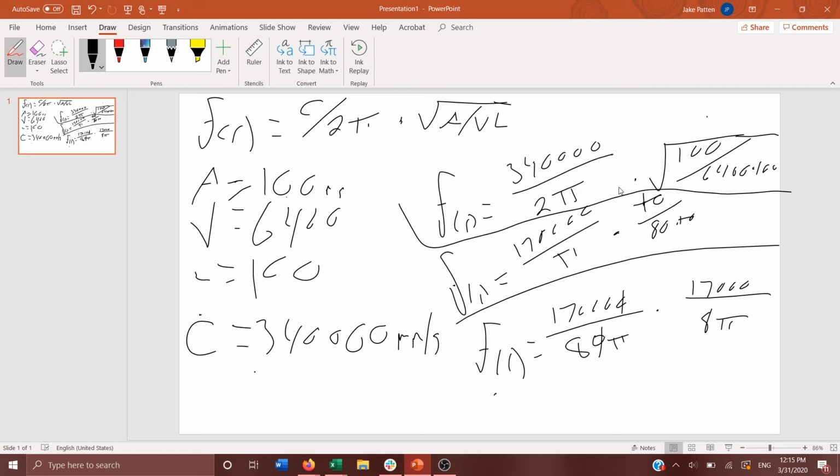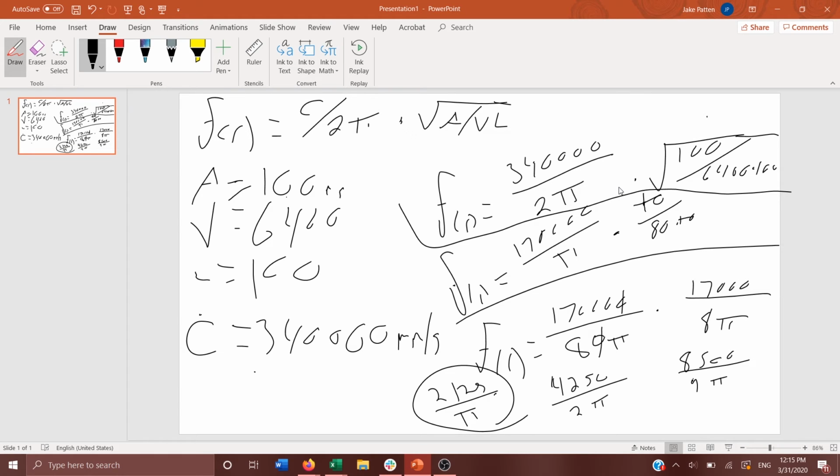And you can make it 8,500 over 4 pi. And you can turn that into 4,250 over 2 pi. And you can turn that into 2,125 over pi. And there you're going to have to use your calculator. 2,125 over pi is,